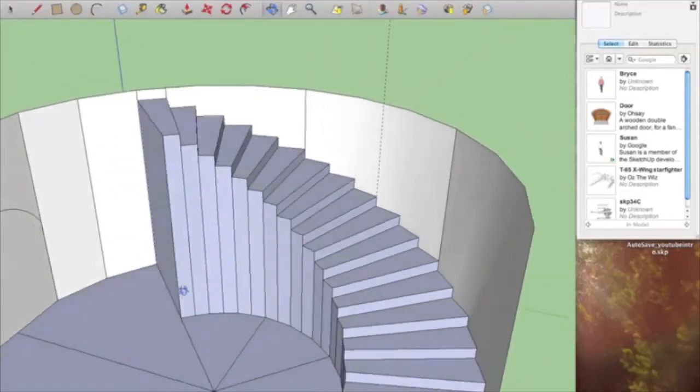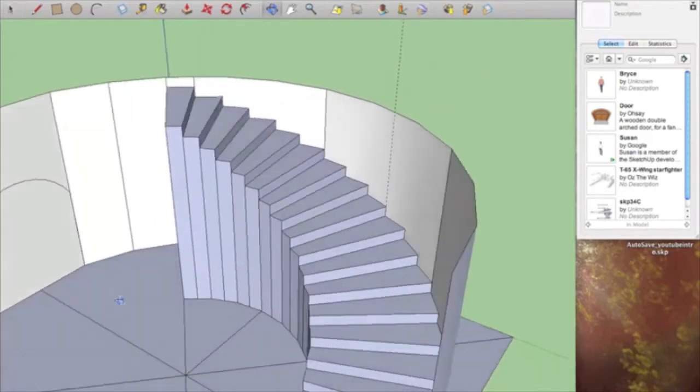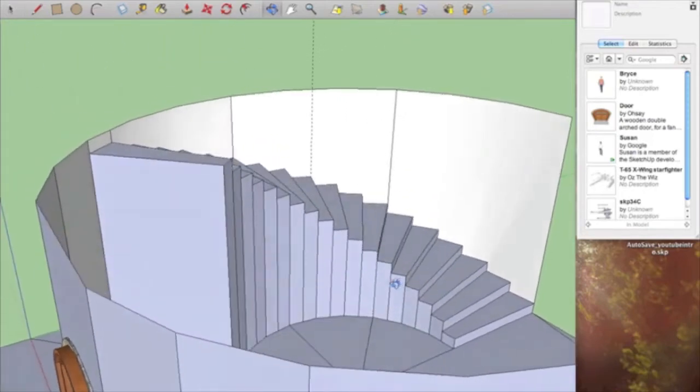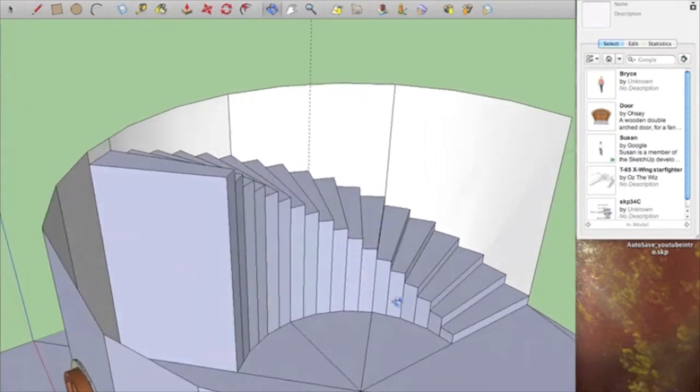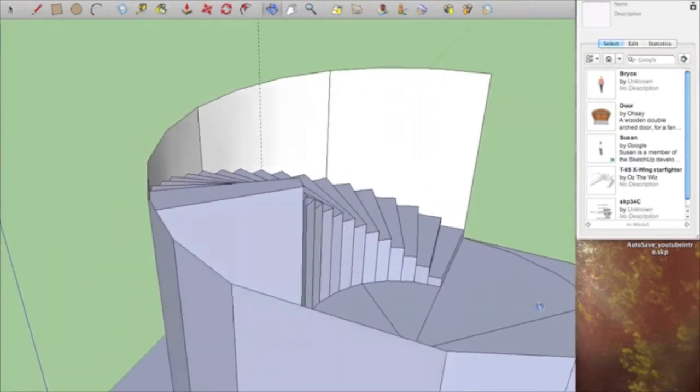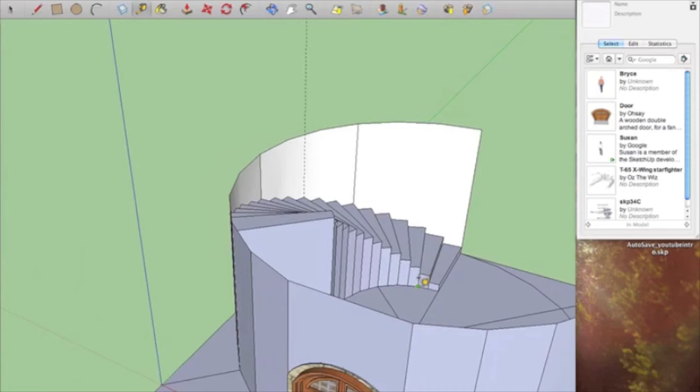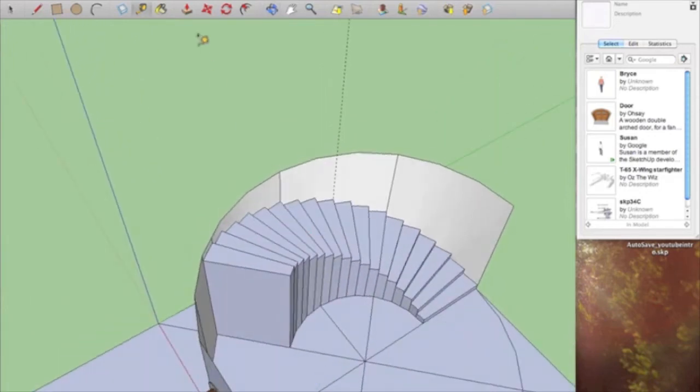That really looks amazing. And I also realized afterwards that I had forgotten to make a thickness on my wall. And I think since I already have the staircase, I'm going to make that thickness going outwards. So simply what I'm going to do is make another circle like I did the first time, and just expand the circle